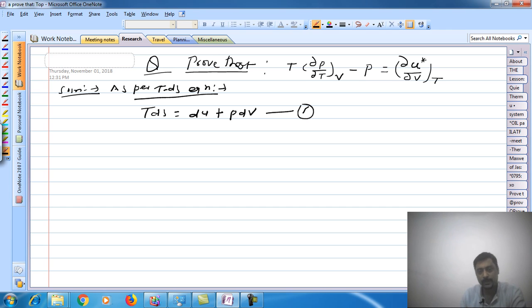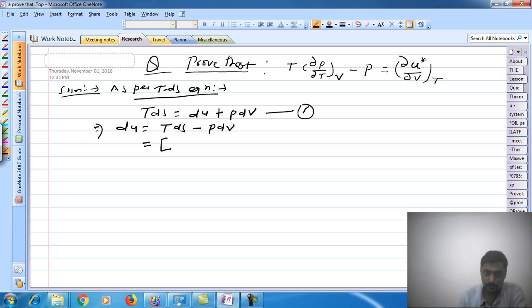We are very familiar with this equation. So from this equation, this du will be TdS minus PdV. And this TdS, once again, as per equation number 1, we know, as per the derived form of this TdS equation,